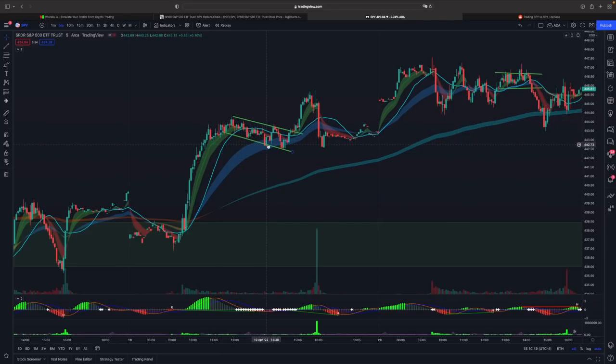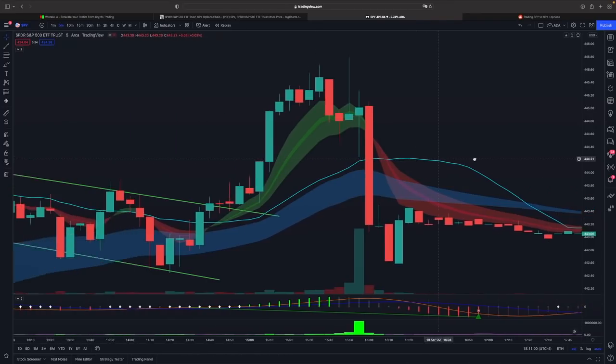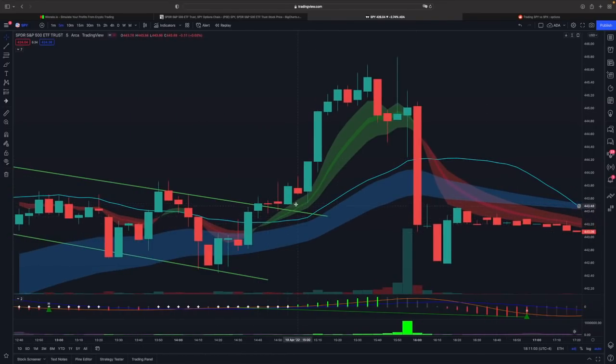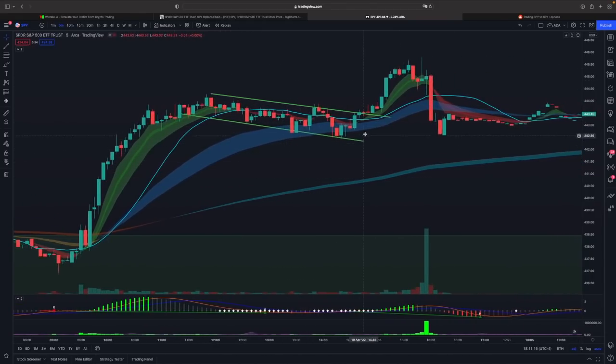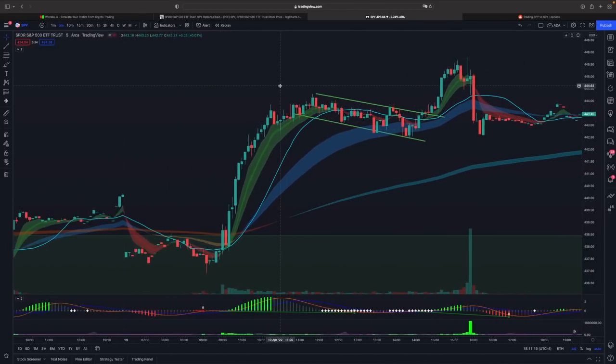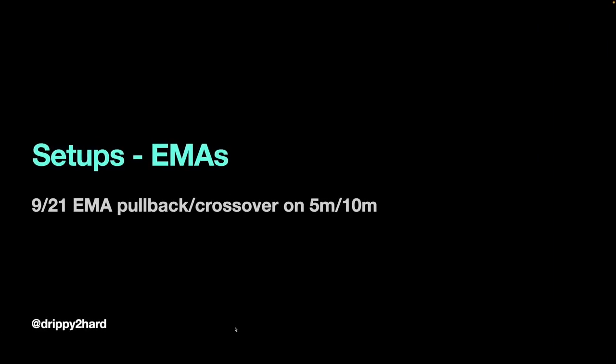In this case, the trend is to the upside. Now it's consolidating here, and look, as soon as this green one, the short EMA, crosses over this blue one, which is the 21 EMA, and it's consolidating here, and boom, boom. And then there's a break of a pattern as well, which I'll talk about. So this is how you build your conviction, and that's how identifying these setups works. Very simple strategy, nothing to worry about on this one.